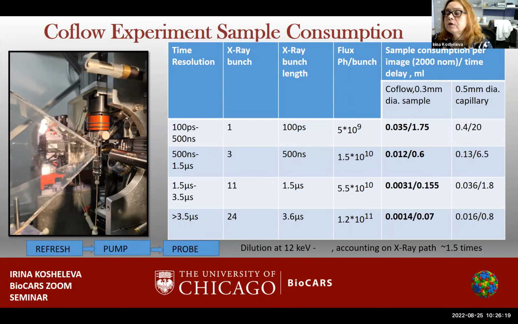And just pure calculation shows us at least a 10 times decrease in the sample consumption. For example, for the single bunch measurements, instead of 20 milliliters per time delay point, we have 1.75, which is